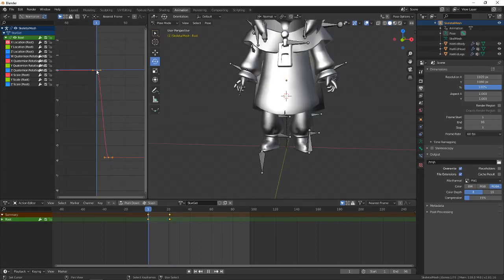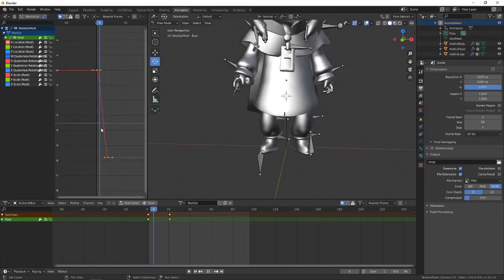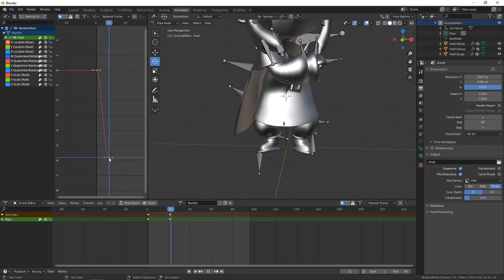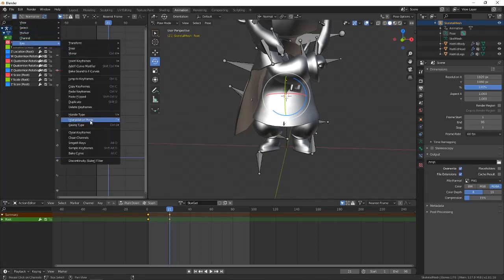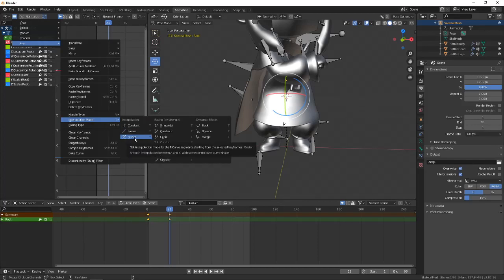So you'll notice that at frame 1 it's at 0, and then once we're down to frame 21 we're down to like this almost -6 position here. So what you'll notice is at the end of these two frames there are these two little dots that are hollowed out. This is because there are different forms of interpolation. So like I said earlier, the default interpolation between frames is going to be Bezier right here,